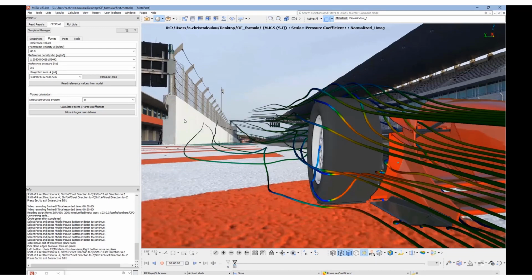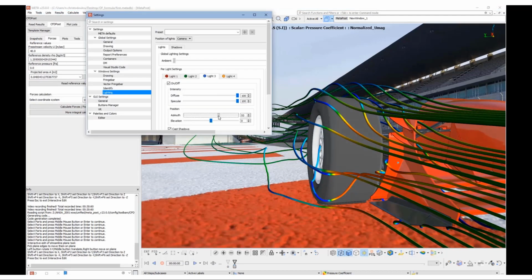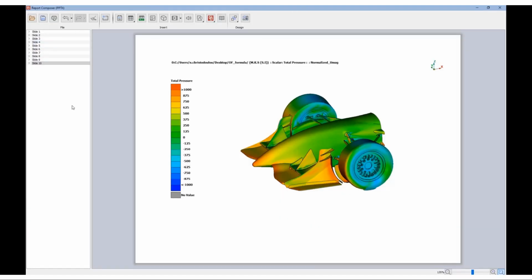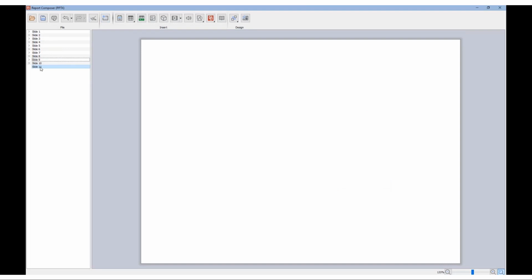Maybe some small adjustments at the lighting. Let's put this image now first and drag and drop.